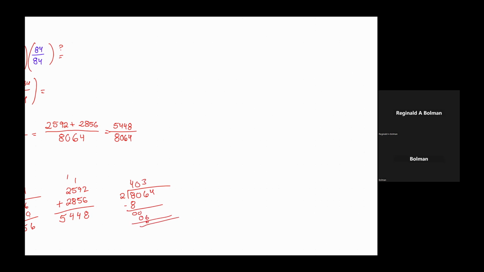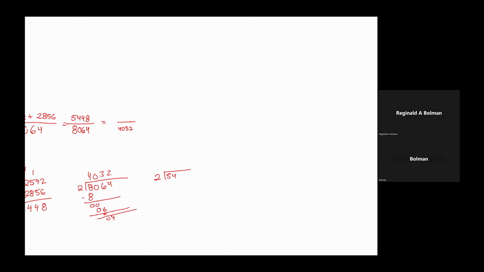2 goes into 4 2 times. So you would be able to reduce 8064 to 4032. So 4032. And then we would be able to reduce 5448